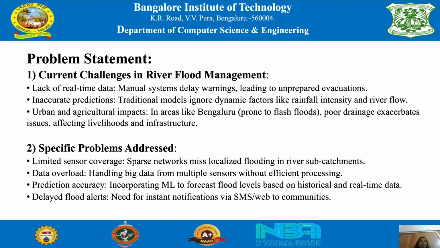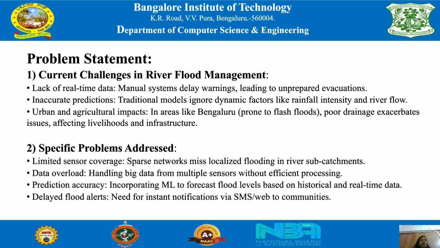So the main problem statement is the current challenges in river flood management. Lack of real-time data, and manual systems delay warnings, leading to unprepared evacuations. Inaccurate predictions: the traditional models ignore dynamic factors such as rainfall intensity and river flow. Urban and agricultural impacts, such as in areas like Bangalore, prone to flash floods, poor drainage, and other issues affecting